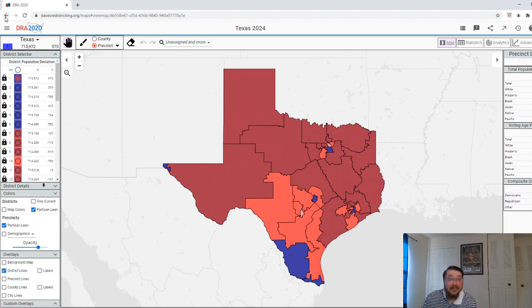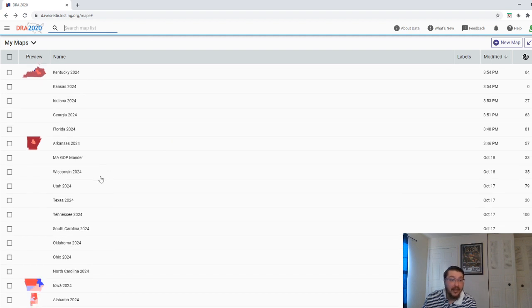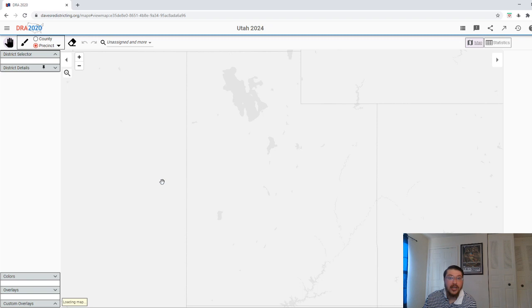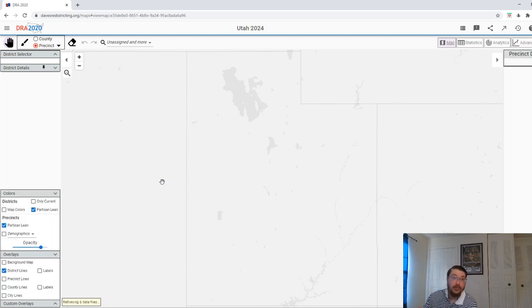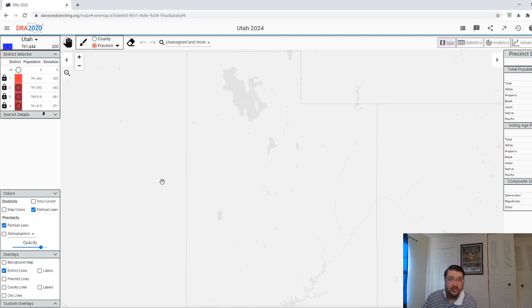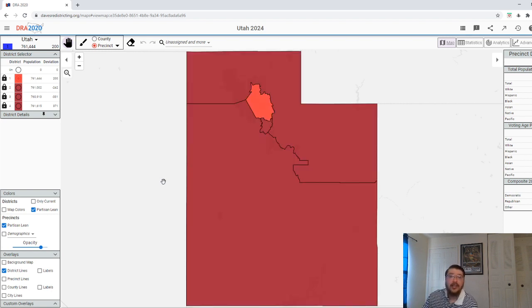So that's kind of the goal, is to hypothetically, what is the Republican Party going to try and do in a lot of these states with reapportionment? And like I said, I'm going to try and do it with the Democratic Party and try and fit those goals that they are going to have.